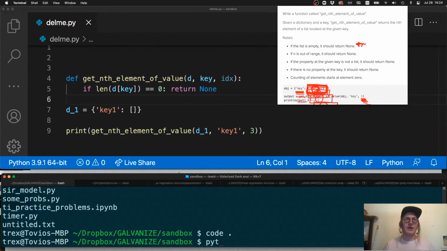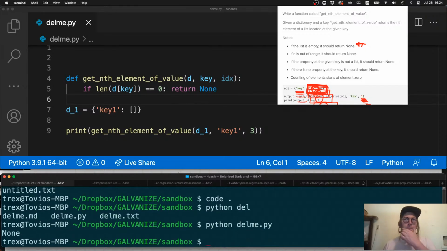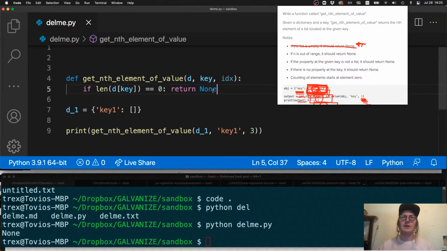So let me run this, python delme.py. We're returning none. Okay, so that condition is satisfied. I think that's where we're starting. And let's just work down this list of conditions. If n is out of range, it should return none. Okay. So what we can do,